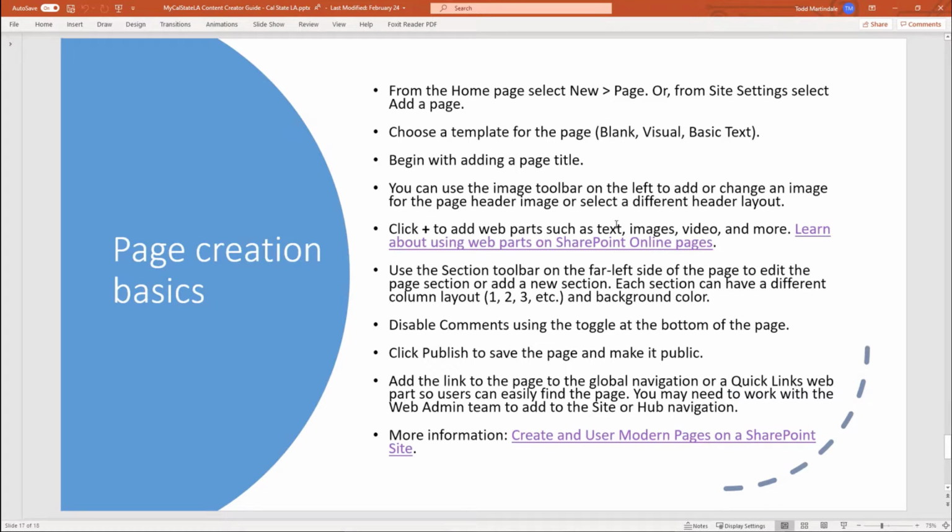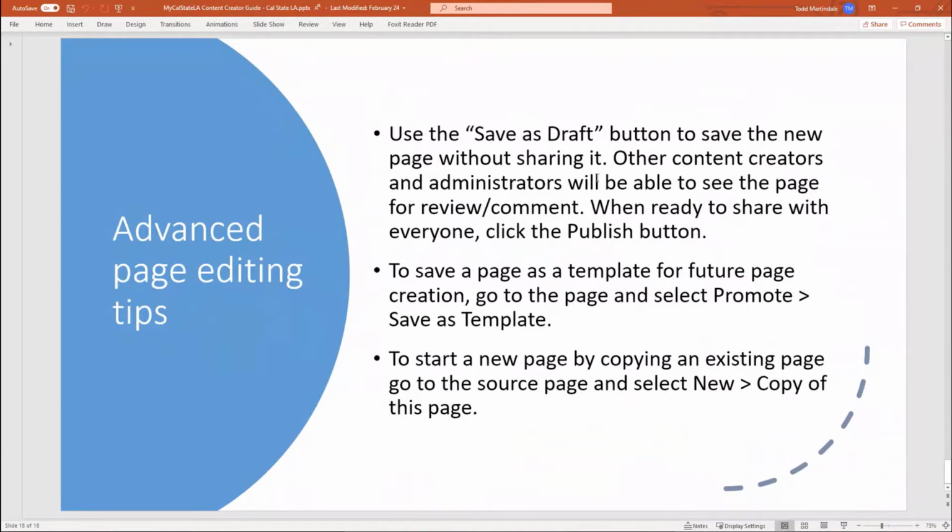Here's step by step how to do it, which we're going to go through. And then also you have the ability to save as draft, like we talked about before. You can save pages as templates. So if you have a layout that you're going to use over and over again, you can set it up and say, this is a template. And then the next person that creates a page can choose that as a template and just update the content, photos, etc. And then you can also copy a page that already exists and just start from there. If there's a page that's 90% there, you can just copy it and create a new one. That'll give you a new copy of this page, by saying new copy of this page from the page you want to copy.